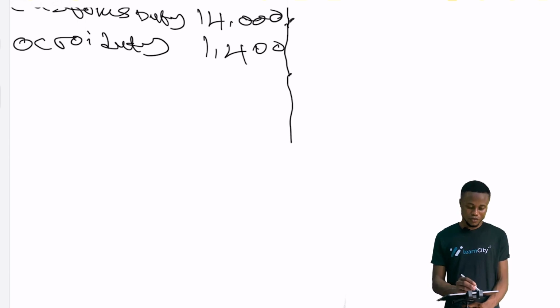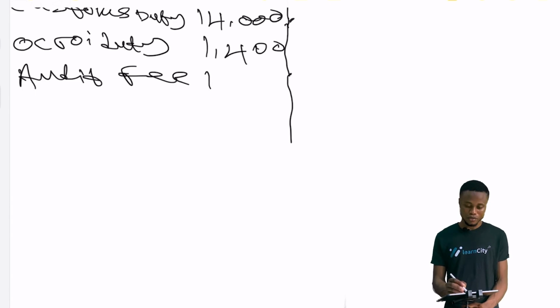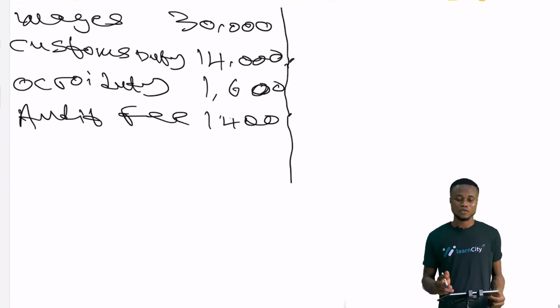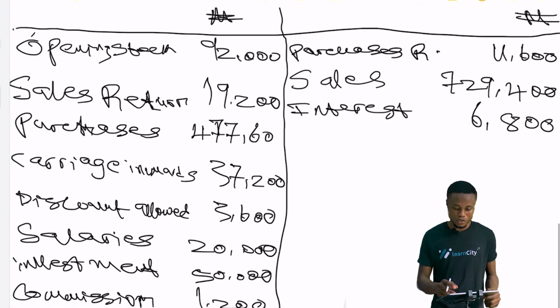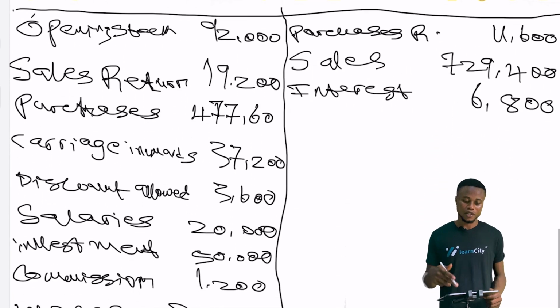So audit fee is also given, 1,400. Pardon me, this accrued duty is 1,600. So if you now total all these items on the debit side of the trial balance of ZB Sons,